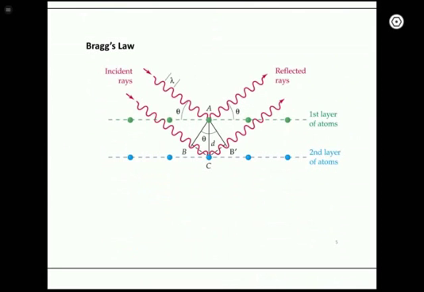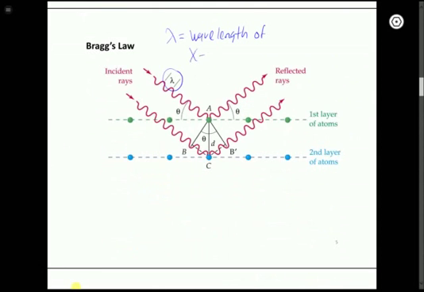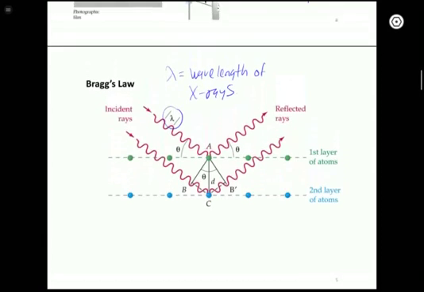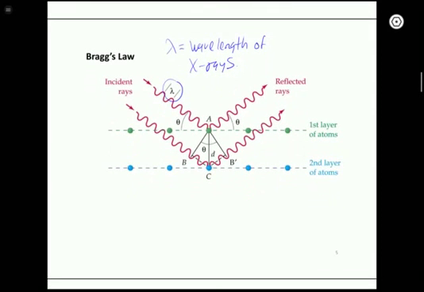In Bragg's law, we need to know a few parameters. One is the wavelength of the X-ray beams, lambda. We talked about wavelength a long time ago also, and that represents the wavelength of any electromagnetic radiation. Most X-ray diffraction experiments use X-rays that have wavelengths of about 0.7 angstroms, which is 0.7 times 10 to the minus 10 meters. So a very small wavelength, but that's required because in order for diffraction to occur, the wavelength